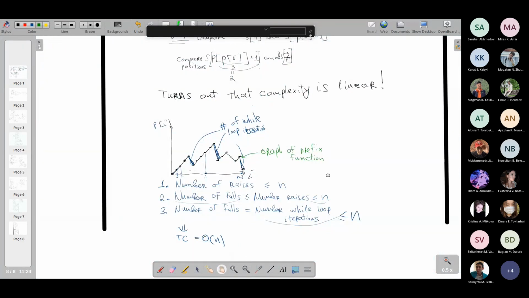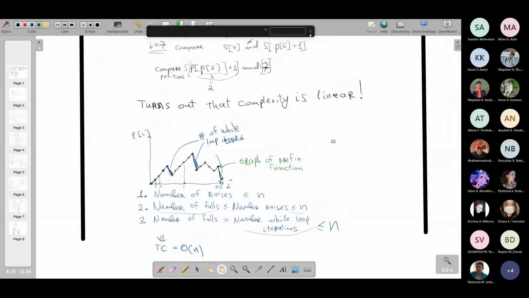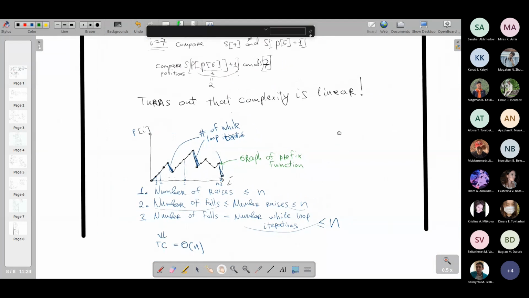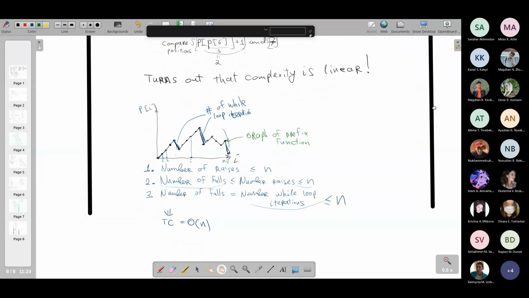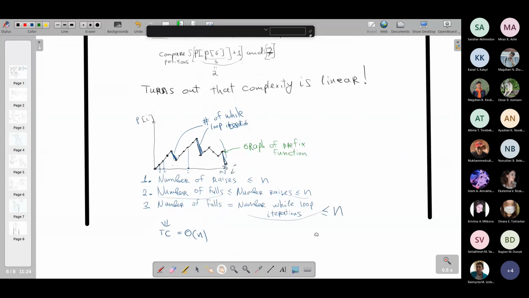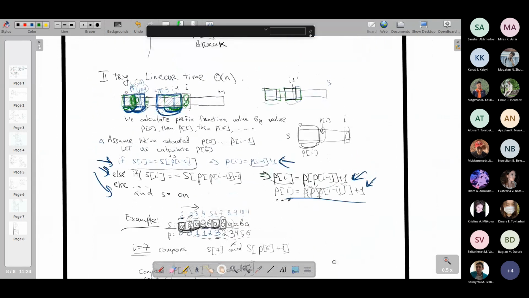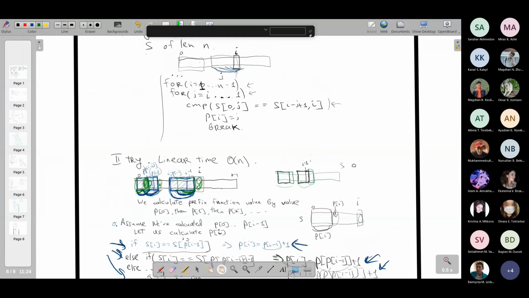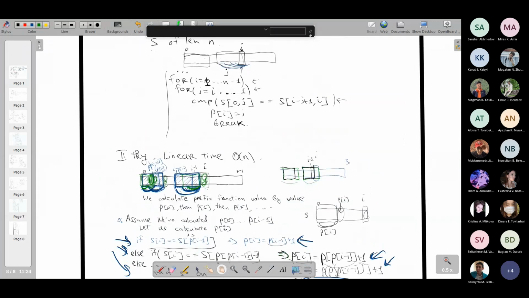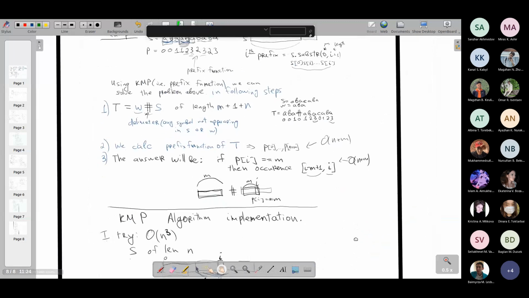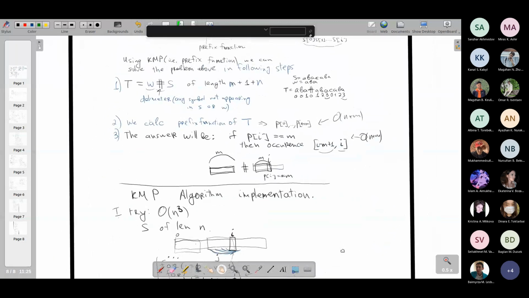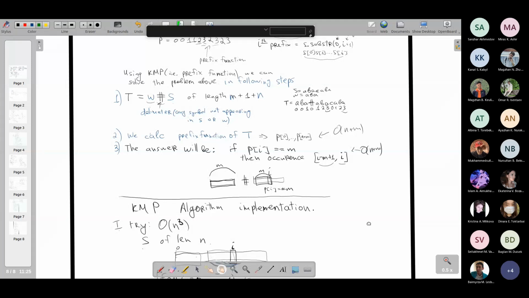Okay, that is the prefix function algorithm. So the proof is quite beautiful. And the algorithm itself is beautiful, and it has many applications. Not only this problem, but many other problems as well. For example,